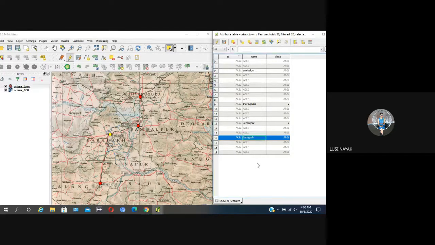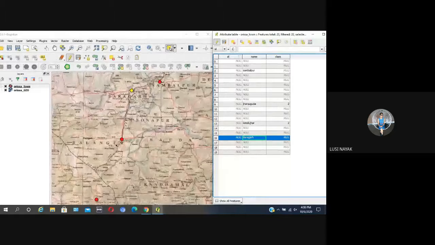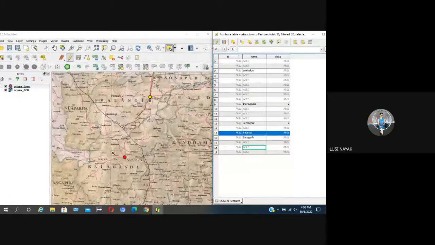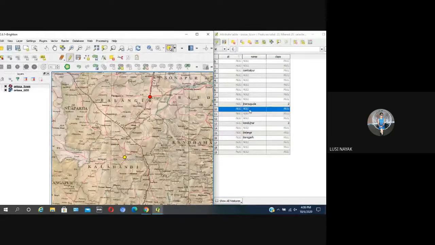I hope everybody is continuing. Is it clear? Next one is Balangir. Then Kalahandi.